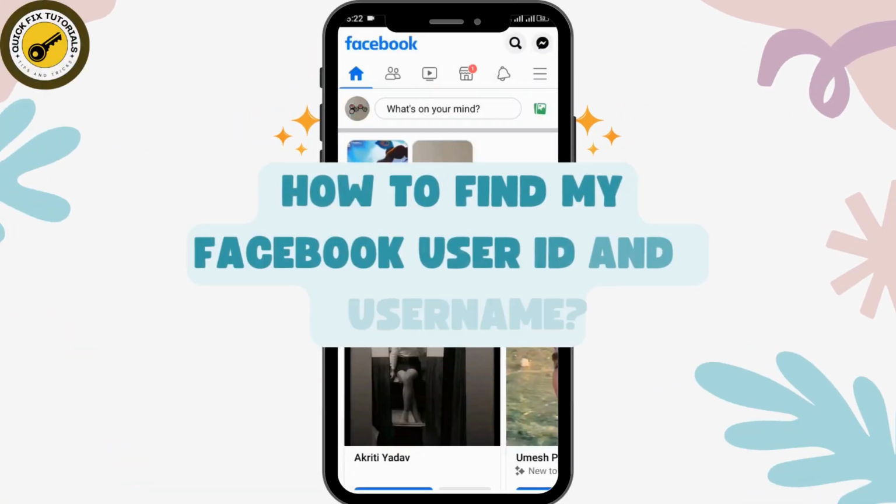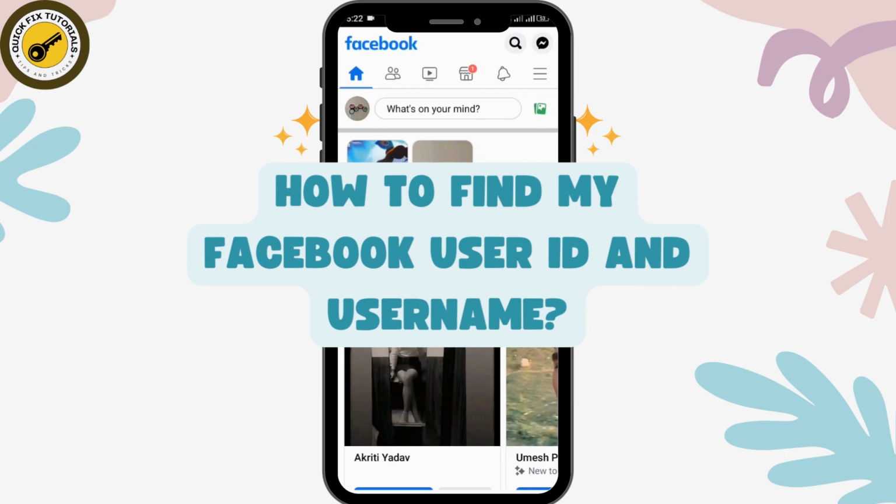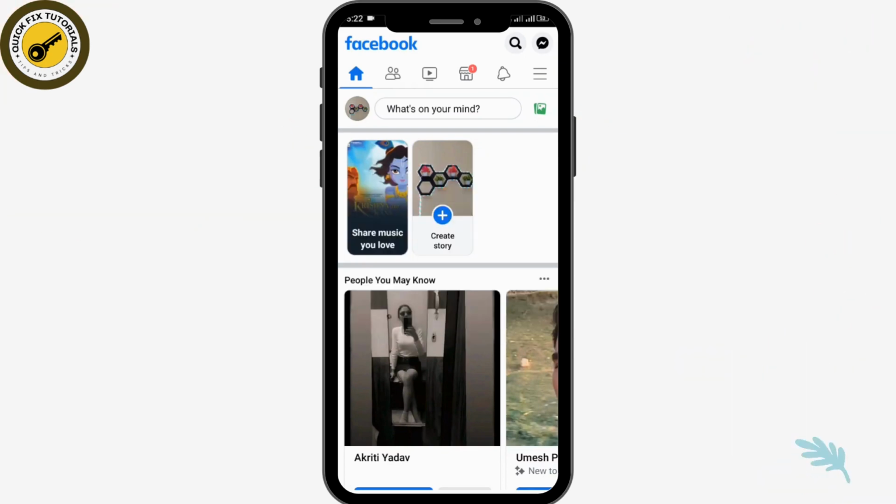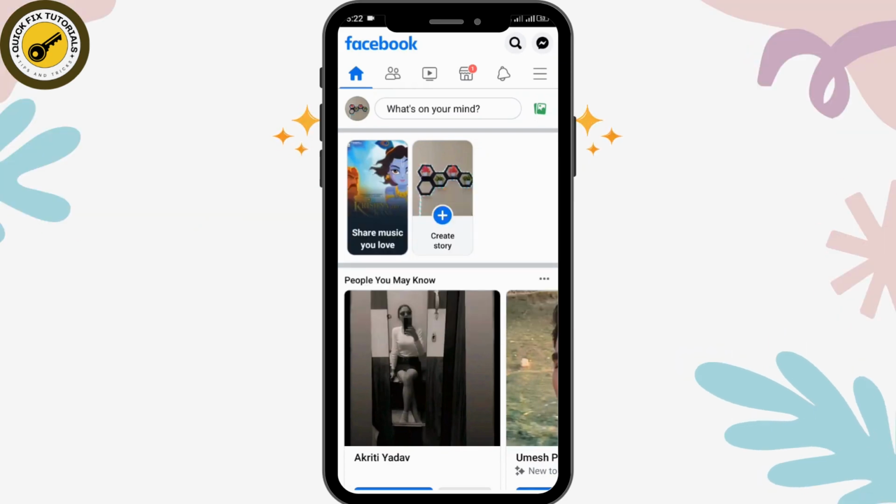How to find my Facebook user ID and username. So if you are here for finding out your username and user ID of your Facebook account, then this video